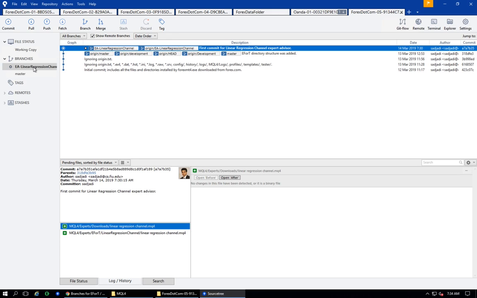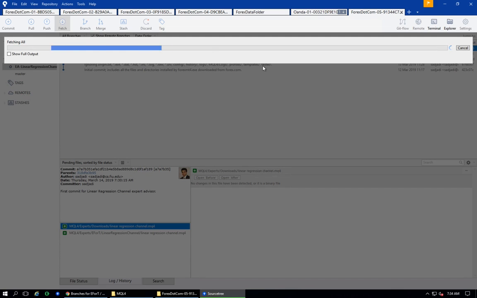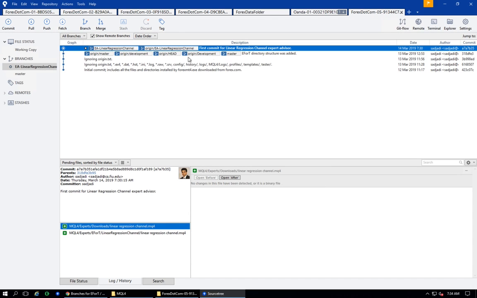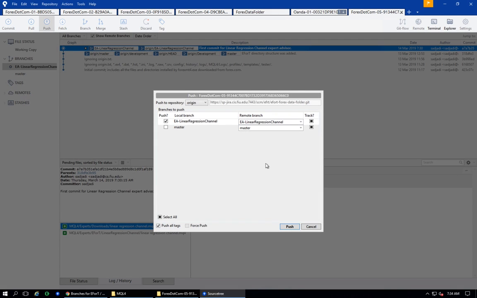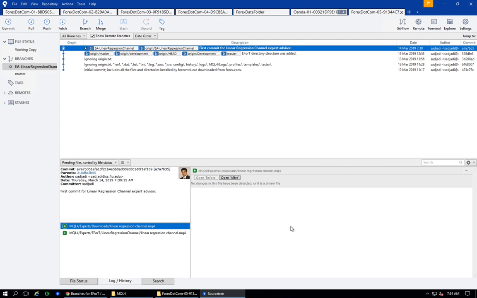That's perfectly fine. And we can fetch. Right, because really a branch is just a pointer to a list of commits, so we are not going to have any problem. Okay, and we haven't done any merging or anything on